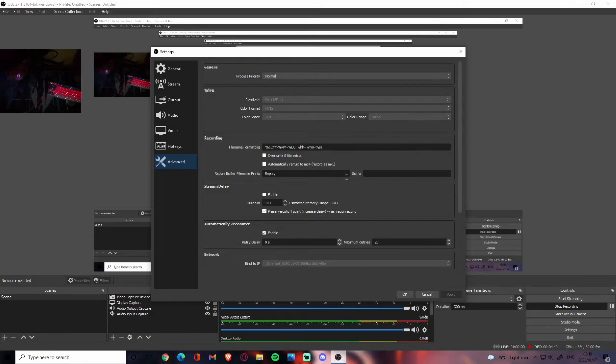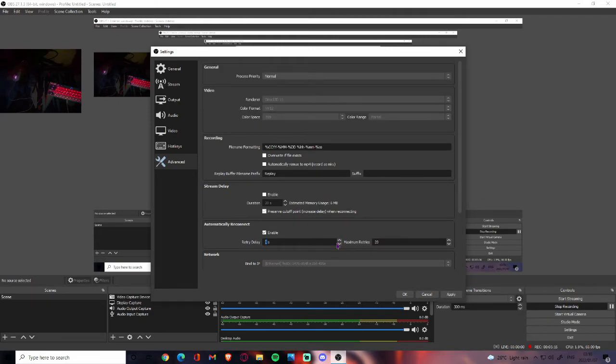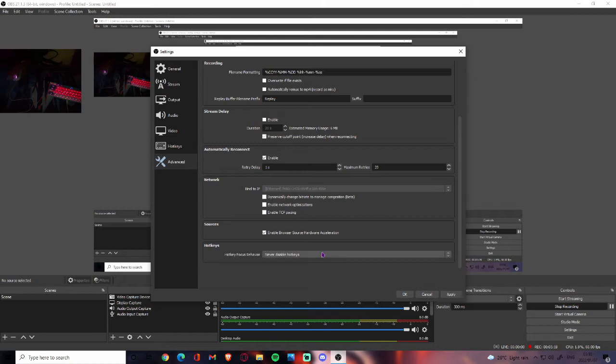Advanced. In advanced, you don't really need to put anything. If your stream delay is above 20 seconds, you should change it down to 20. I would recommend 20, not higher and not lower than that, because if you go lower than 20, it may not perform as well. Then your retry delay is 9 seconds and your maximum retries is 20. So yeah, you can set your hotkeys. For example, this is actually pretty good for me. I may actually do this, but I may change to